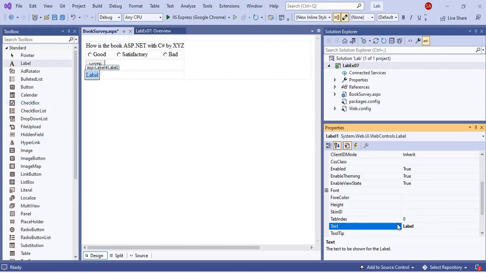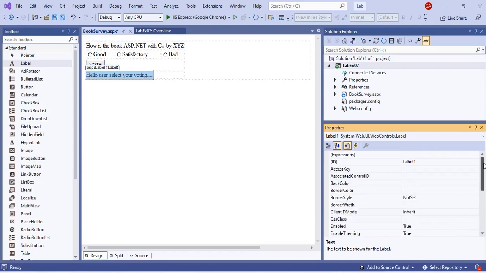Select the label control. This label control text is simply label. Instead of that, change it to hello user, select your voting. Okay, right, and come up and give the id for the label control. The label should be prefixed with lbl prefix. So lbl percentage,